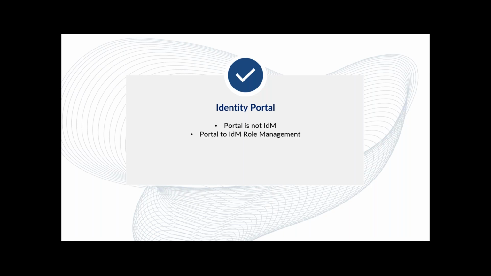So when we talk about portal to IDM role management, if you have roles within Identity Manager, say you have 1,000 roles, those translate into target permissions, right? How do I deal with that in the portal? Currently there's no automated way to pull those in through the connector, so how do I manage that? Come up with a role strategy,